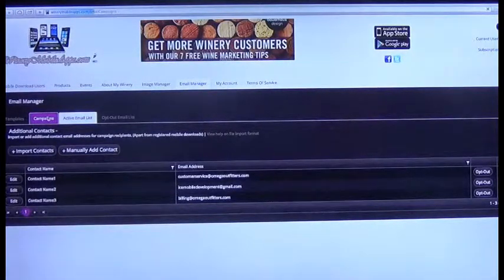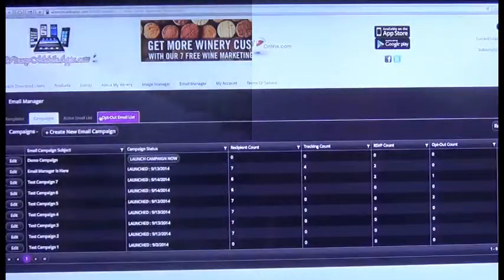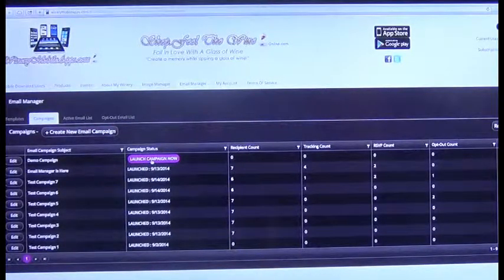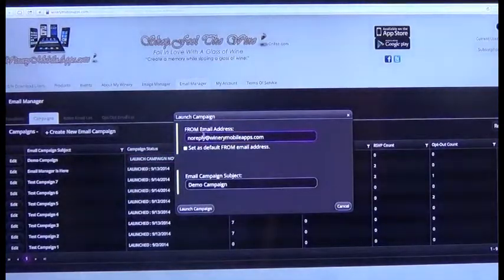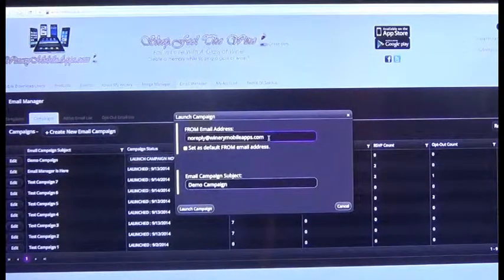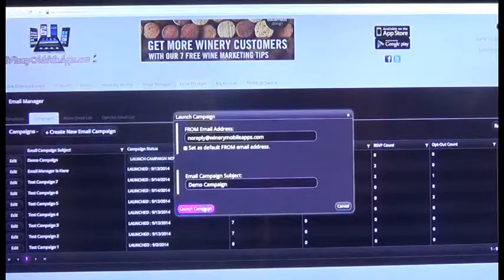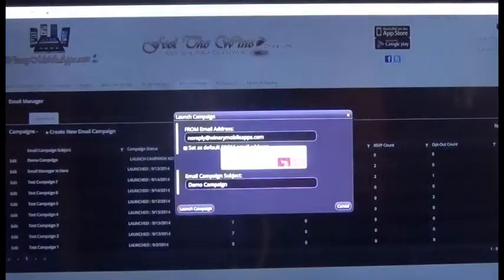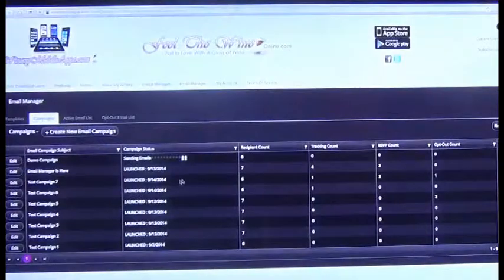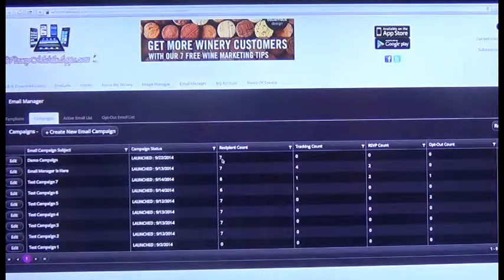So when you go to send out a campaign, we launch the campaign. It'll give you a chance to put in the from email, which you want your users to see that the email came from. You can change this and also set it as the default to use all the time. And then you can make a modification to the email subject and then launch the campaign. Are you sure? Yes. And then it'll show progress, sending emails, and then it shows that there were 7 recipients that received that email,